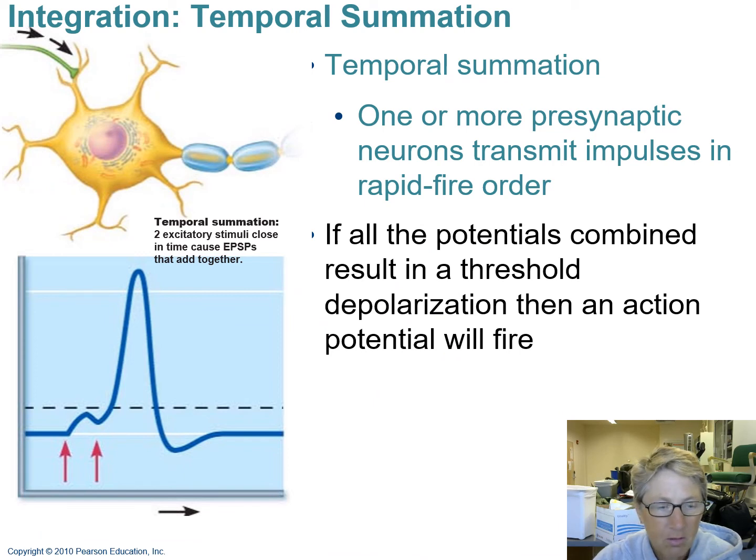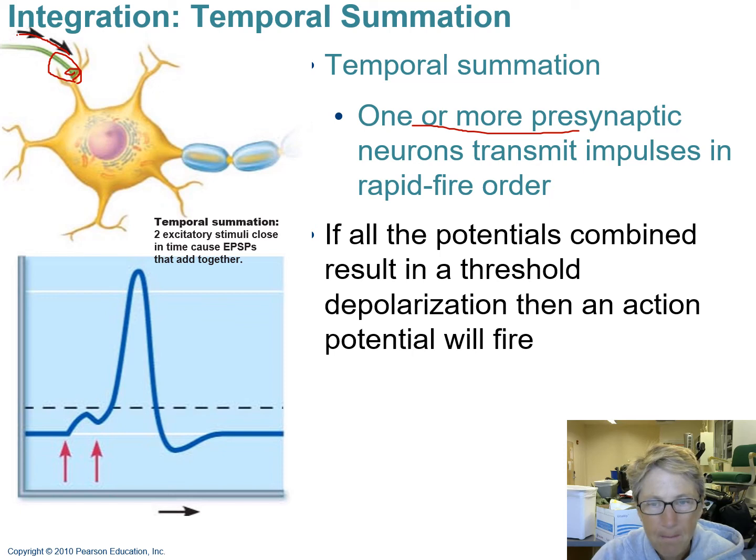So this is called temporal summation that we just looked at. Two excitatory stimuli close in time cause an excitatory postsynaptic potential, and they add together. So in temporal summation, you can have one or more presynaptic neurons. That's this guy, this green thing up here. That's the presynaptic neuron. Transmit impulses in rapid fire order. So you can have action potentials coming down at a high frequency in this presynaptic neuron axon terminal, or you could